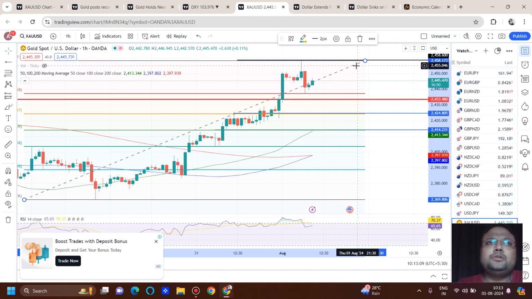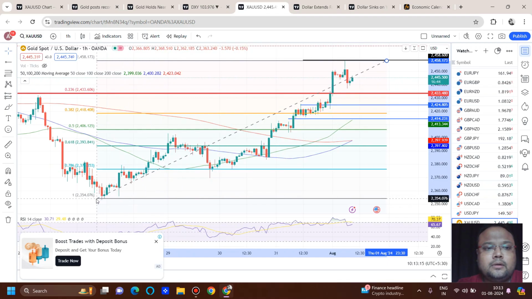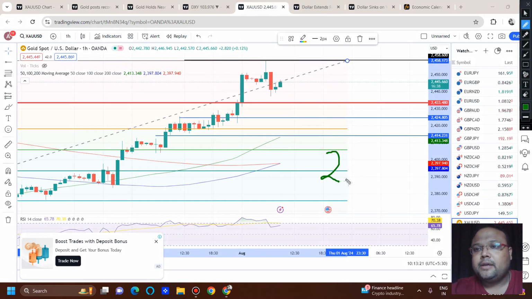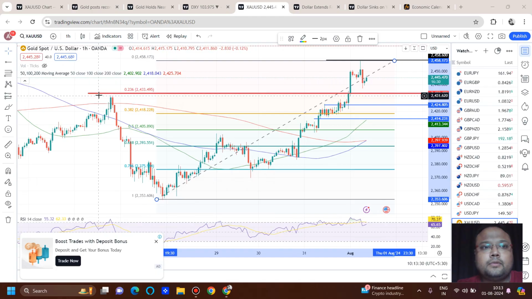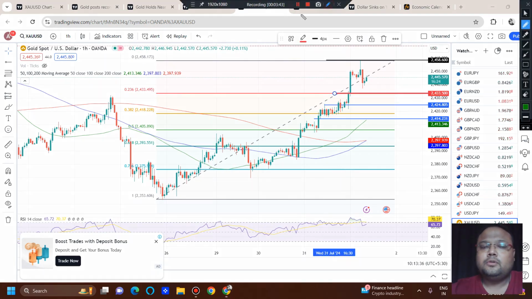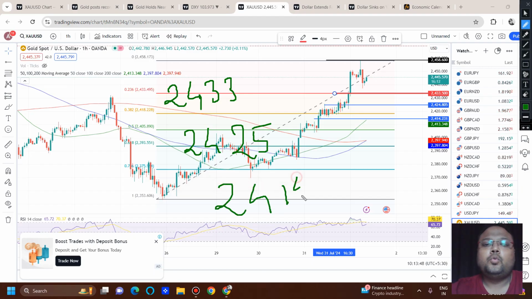But you must be thinking, Avilash, 2425, 2414 are far away. That's why we also need to focus on an immediate level, and the next immediate level is coming around 2433. Now you can see I have changed the starting point of Fibonacci, and we have the first Fibo level coming at 2433. So on the chart of gold we have three support levels where we can look for a buy at retracement: 2433, 2425, 2414.